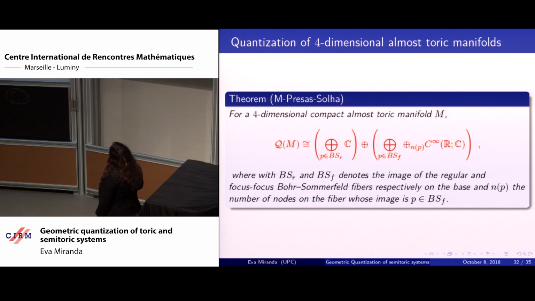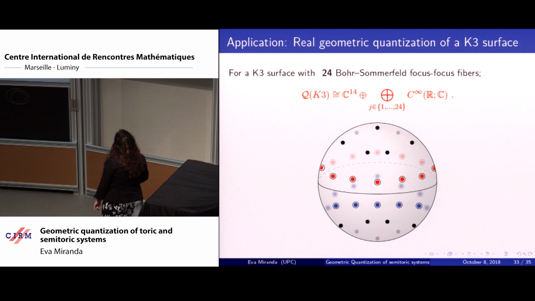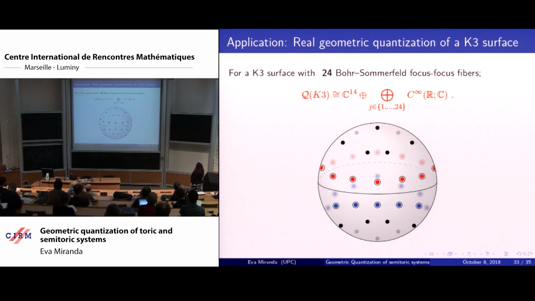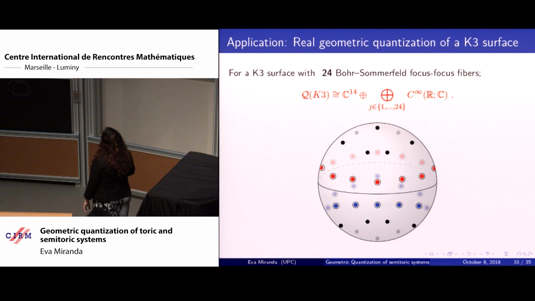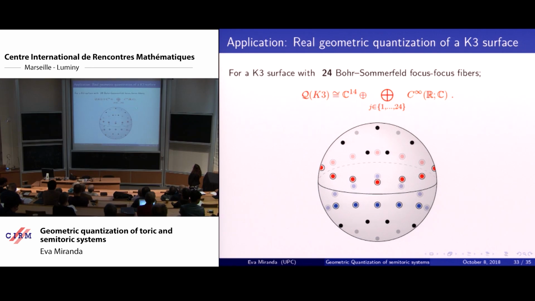I mean, could you just take this out and get a finite dimensional thing? Still, just for you, I'm going to do the computation. So in the K3, I take this formula, and if I assume that the points that come after the nodal trade, all of them, which are 24 of them, are Bohr-Sommerfeld, because some of them may fail to be Bohr-Sommerfeld, then the quantization of K3 looks like this. It has a finite part, which has a 14, and it has this infinite part. Then you look at this equation and say, what about if you quotient out this infinite part? Can you make some sense of this 14?